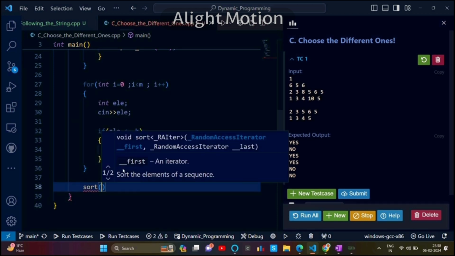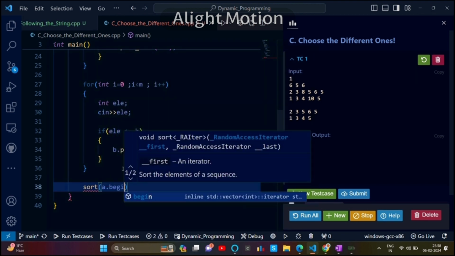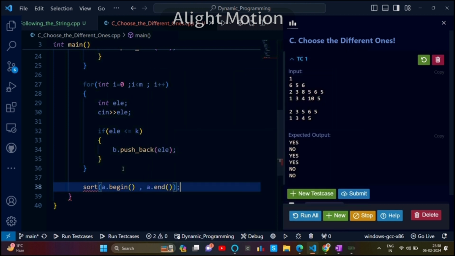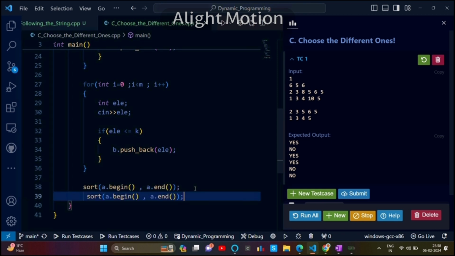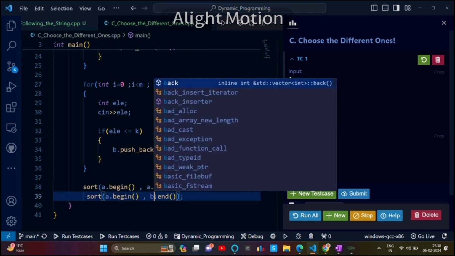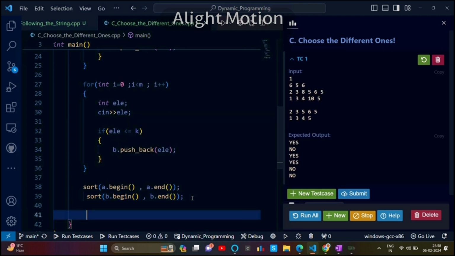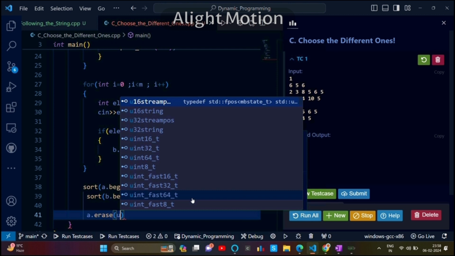So I will use an inbuilt function that requires a sorted vector to delete the repeated elements. So first of all I will simply sort vector a. Once I have sorted a, similarly I will sort b as well. Right. Now I will write a.erase(unique